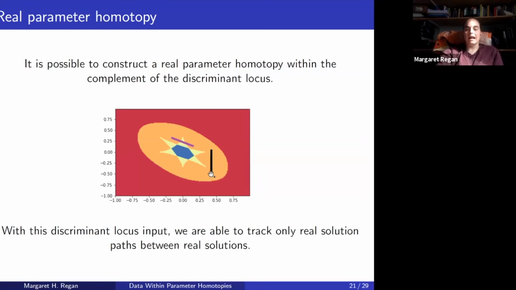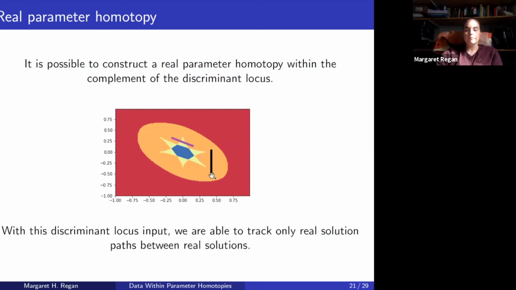And we then say, because we determined a lot of data along this parameter space here, and for our machine learning algorithm, we've saved the real solutions at these points. So you can have a non-zero but non-extensive number of parameter values where you know the real solutions at those points. And then what we can do is say we know the solutions here. We can just take the real solutions and track along this linear homotopy to the real solutions at this parameter